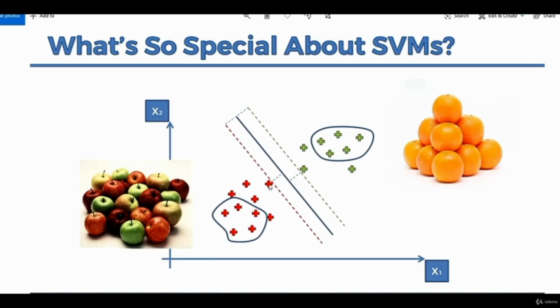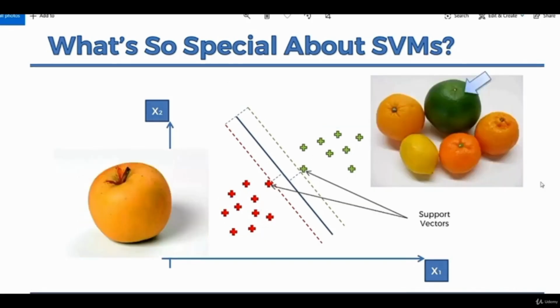As I said before, it depends on the data points with traits most similar to the other class. So it's going to classify on the basis of, say, an apple that looks similar to the oranges, and similarly it will also take an orange that looks similar to an apple. As you can see here, is this a green orange? Oranges are usually orange, not green, and it's less bumpy compared to that, and it looks similar to